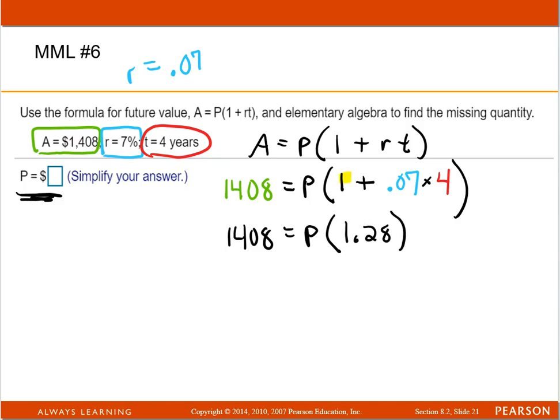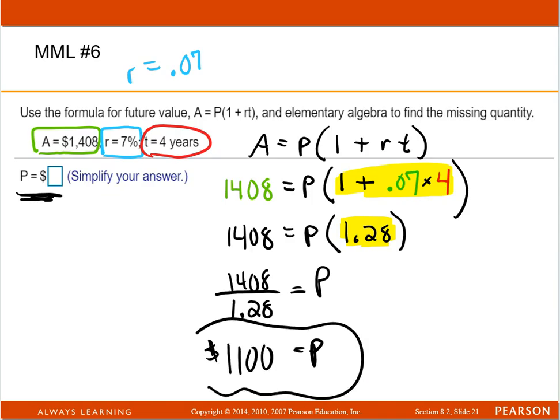So I just did all of this in my calculator, and that gave me this number. And now I'm down to just dividing. If 1408 equals P times the 1.28, then P should equal the 1408 divided by the 1.28. And that again is me and my calculator, and that comes out to be an even